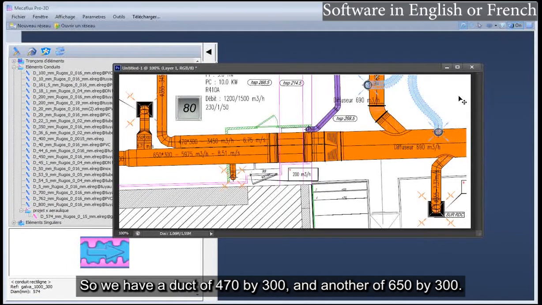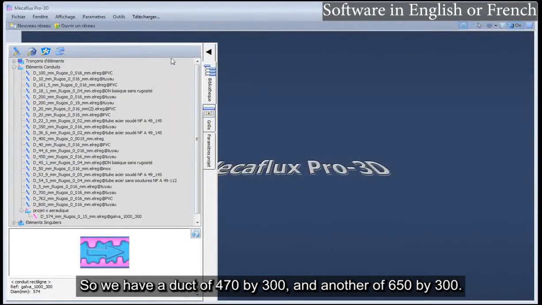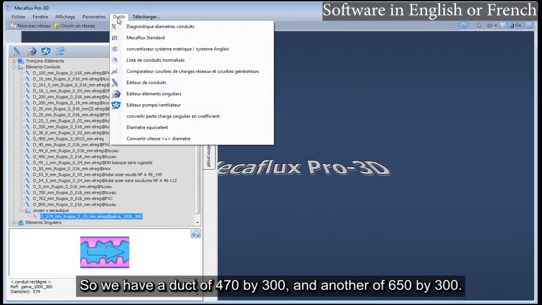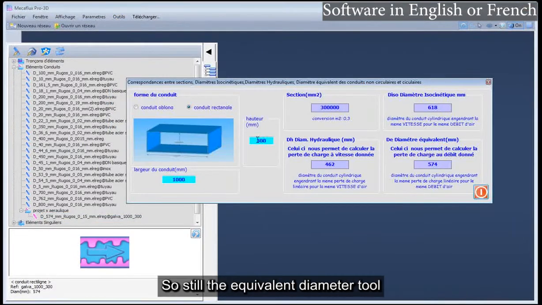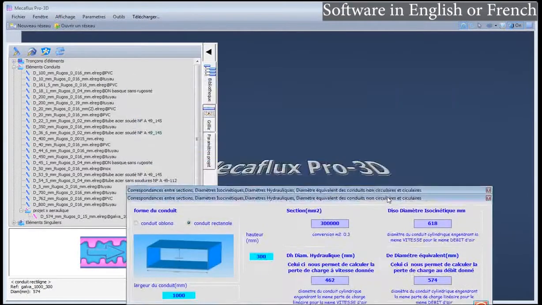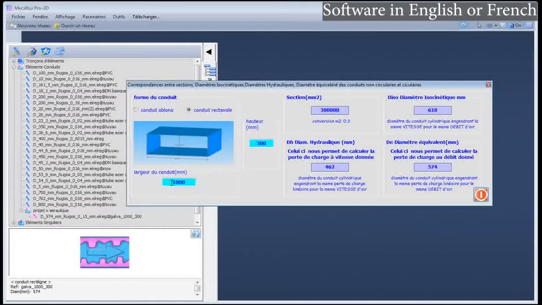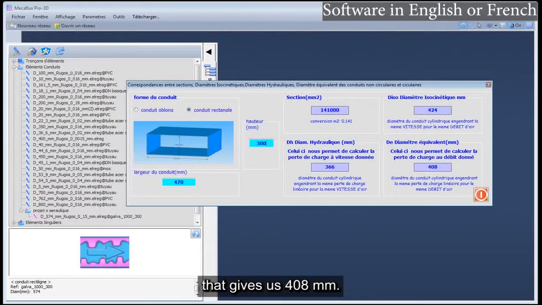So we have a duct of 470 by 300, and another of 650 by 300. So still the equivalent diameter tool. 470 by 300 gives us 408 millimeters.